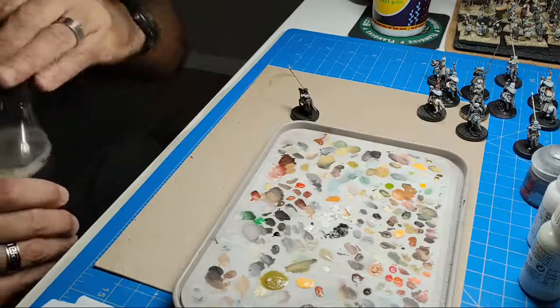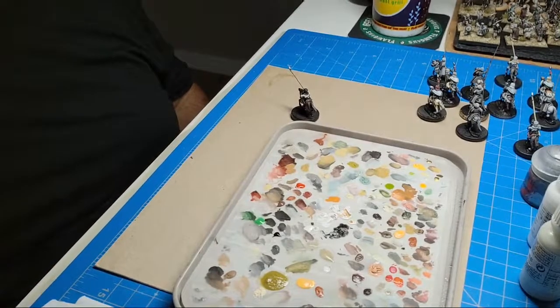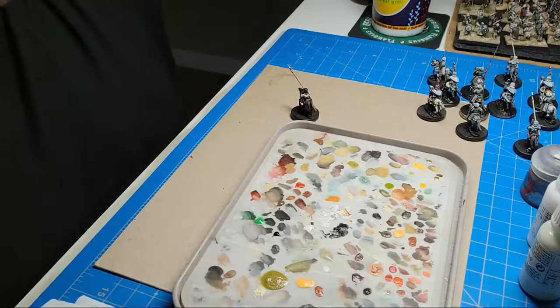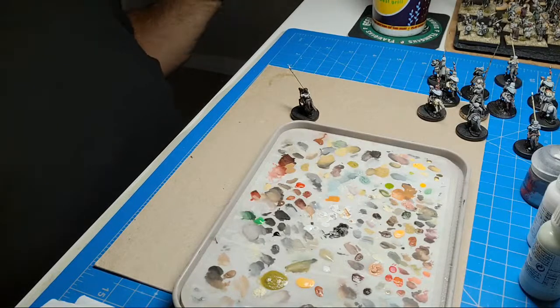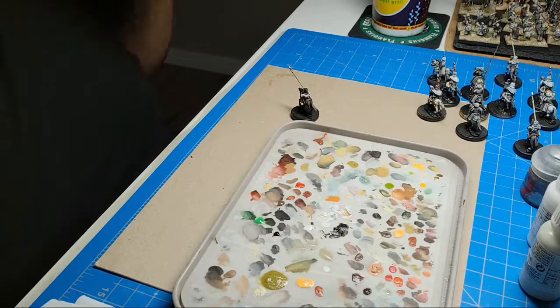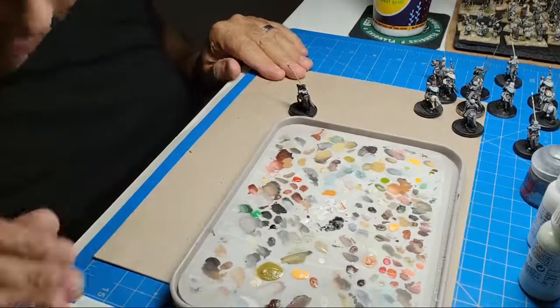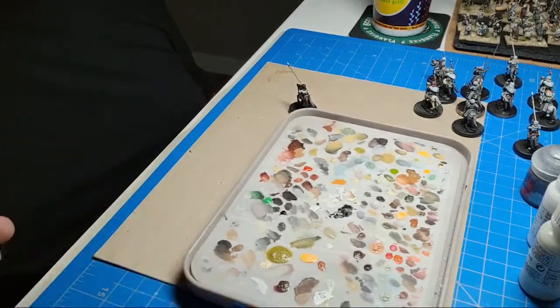Yeah, because once these guys are done, then we can start doing the process of sealing them up, and also we can start seriously looking at what army I'm going to do next, and I'm mapping out the figures because whoever it is I'm doing, I probably have at least half the army of the figures already. So,